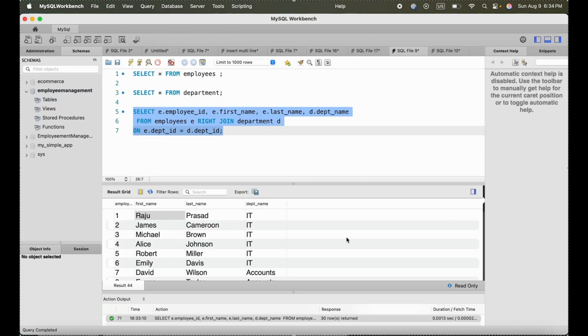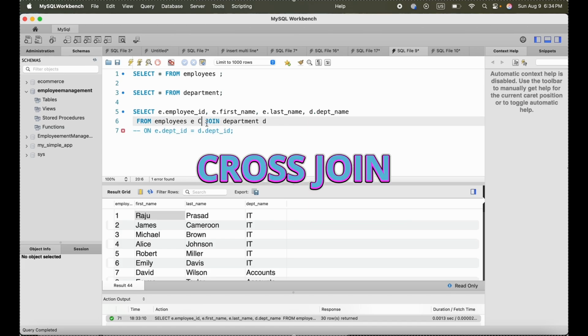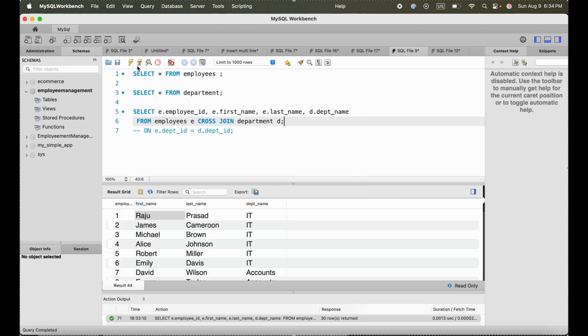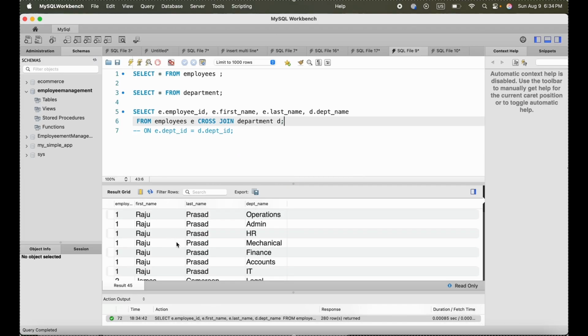Let me show you another type of join, that is called cross join. In cross join we no need to put this condition. Just write here cross. I'll show you how it works. So see, in this particular join, if you see,